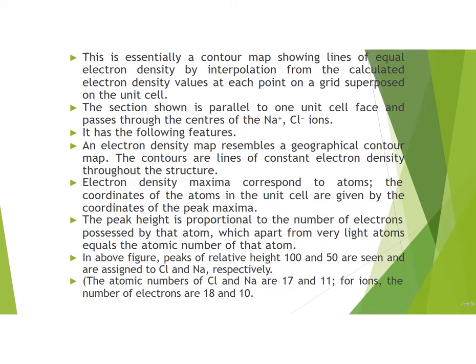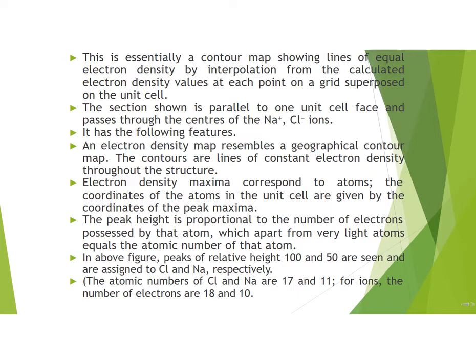An electron density map resembles a geological survey map of planes drawn through a crystal. It shows contours of equal electron density surrounding the individual atoms, which are steeper around the heavier atoms and more shallow around the lighter ones. Here the electron density maxima correspond to the atoms, while the peak height is proportional to the number of electrons